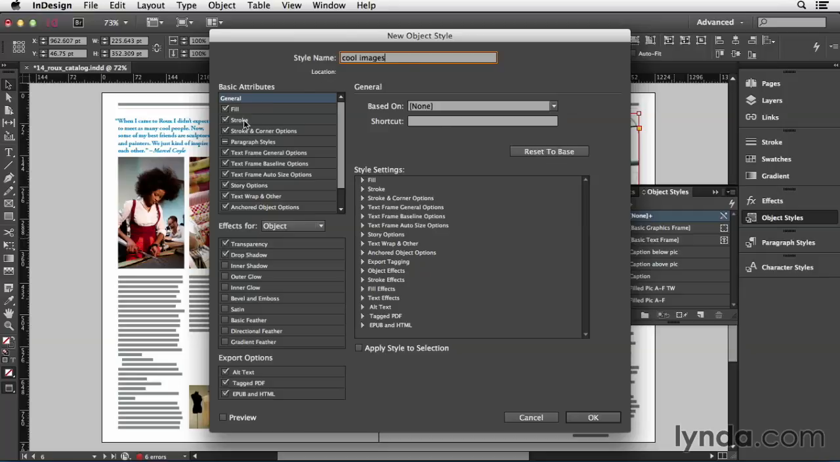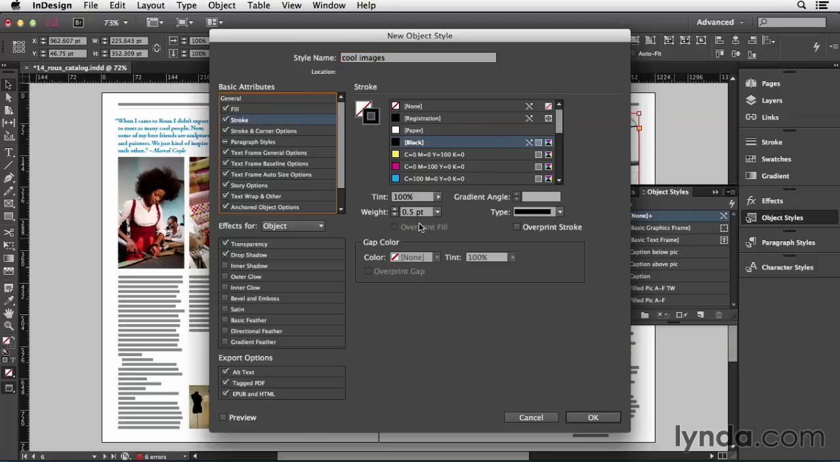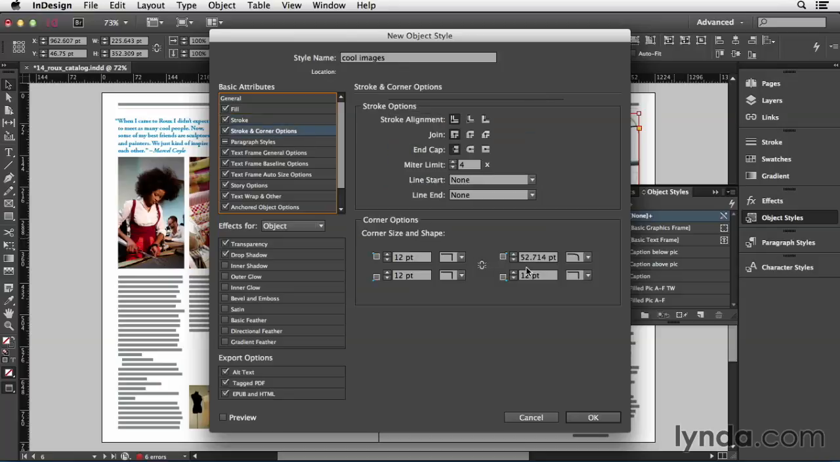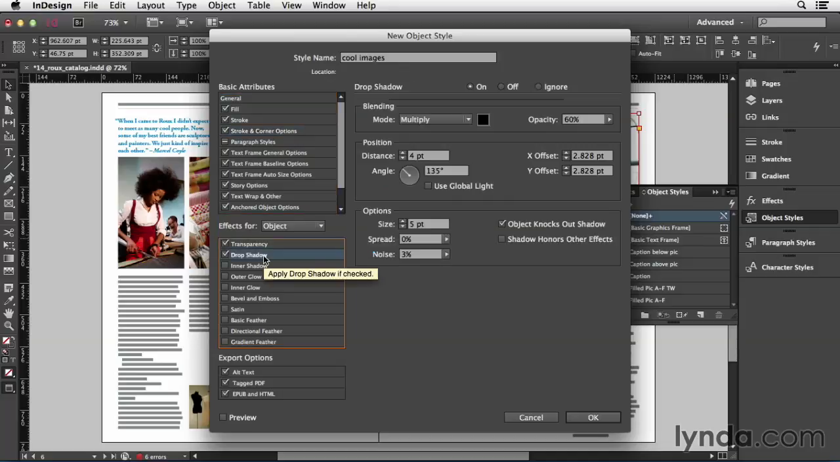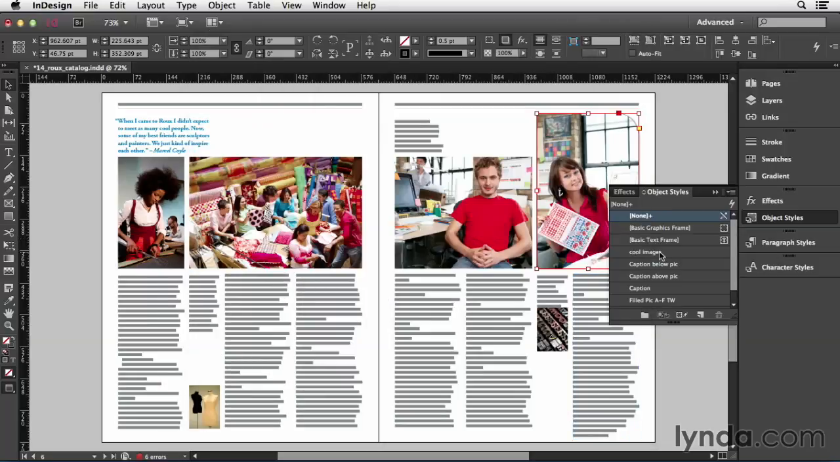For example, I'll click on the stroke pane, and we can see that, yep, there's my half-point black stroke. If I click on Stroke and Corner Options, you can see that indeed the upper right corner is rounded. It even shows the drop shadow here. So I'll click OK, and then I'm going to click on the Cool Images style that it added to my